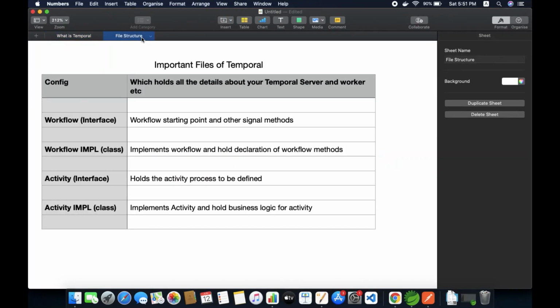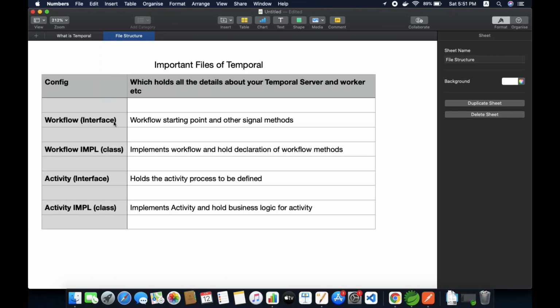The file structure includes 5 important files. It starts with a configuration, which holds all the details about your Temporal server and also the worker. The worker, you can call it an interface or a class or anything, will be responsible for executing the entire workflow.